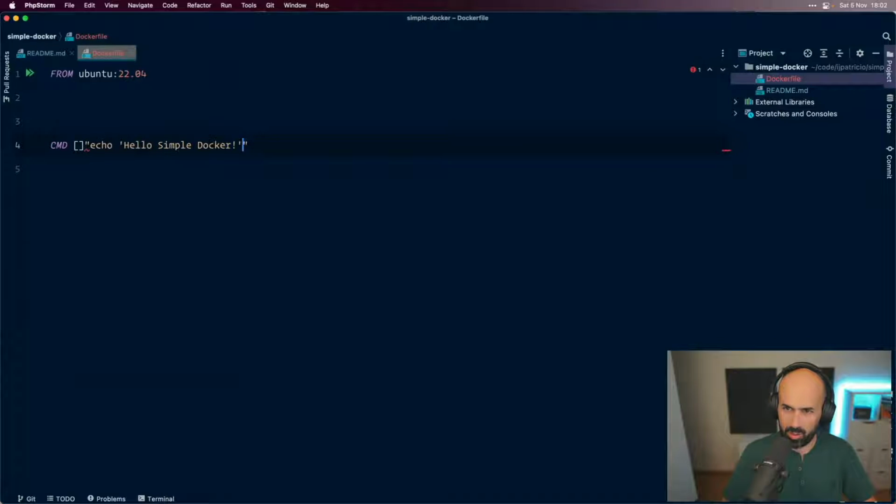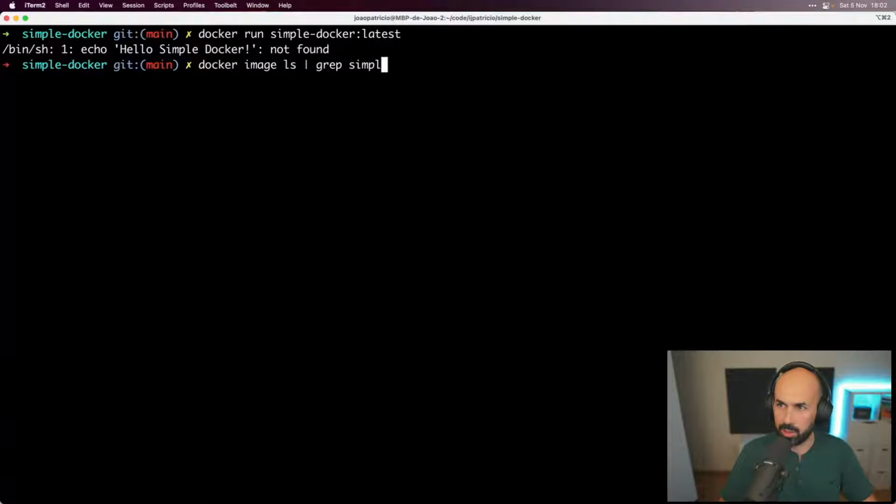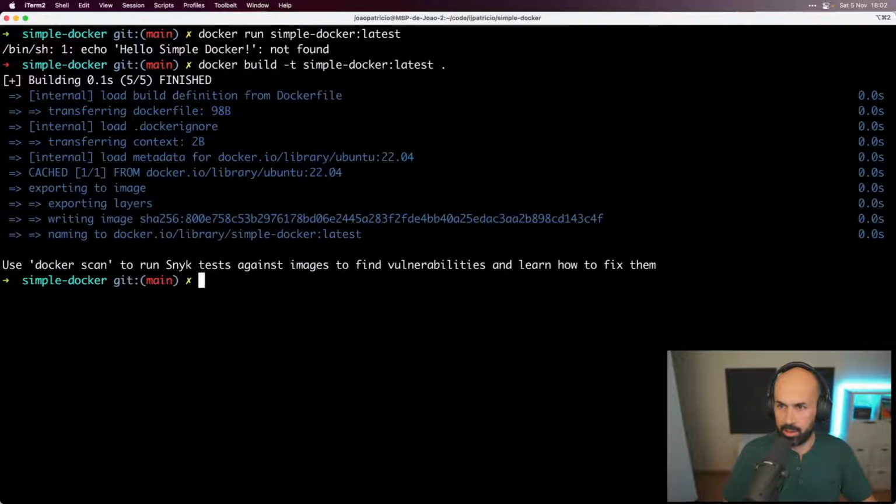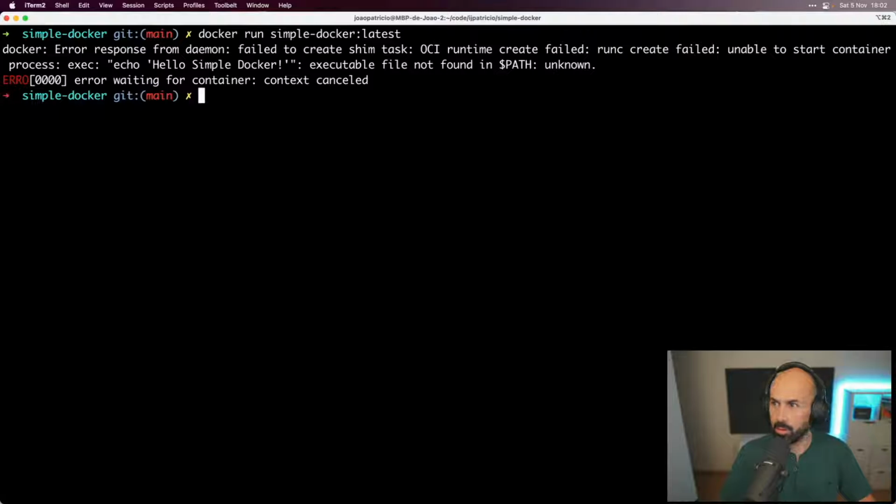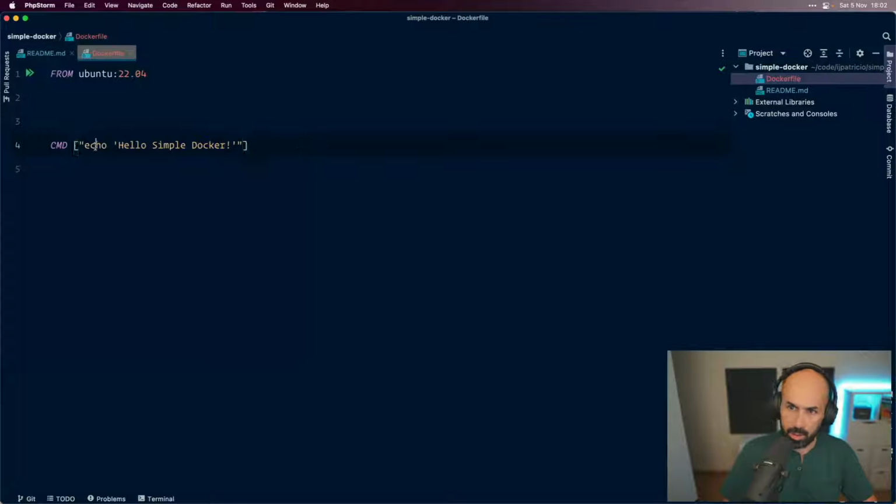What am I doing wrong? Let me check. Yeah, this is the default command, so let's build it again. We now have a new version with the modification, and now we will run it. Executable not found. Don't we have echo? Should I do the updates? Let me just check something.